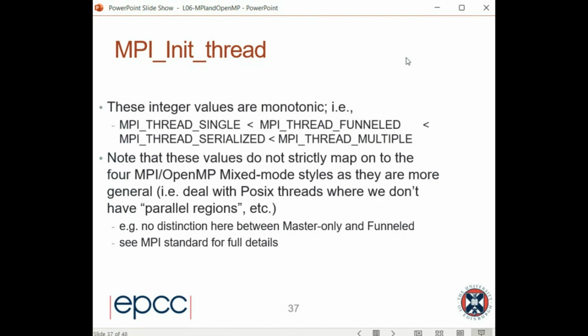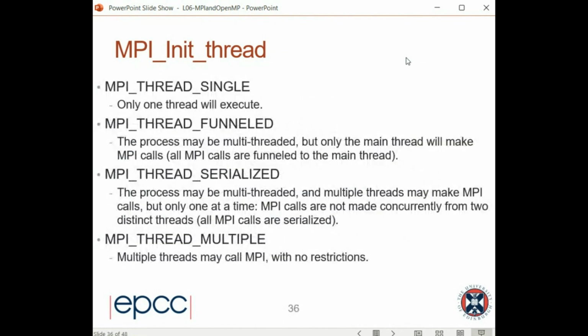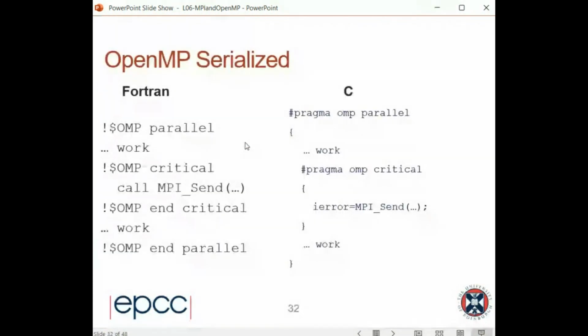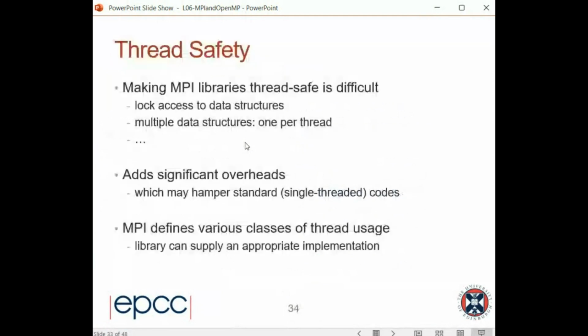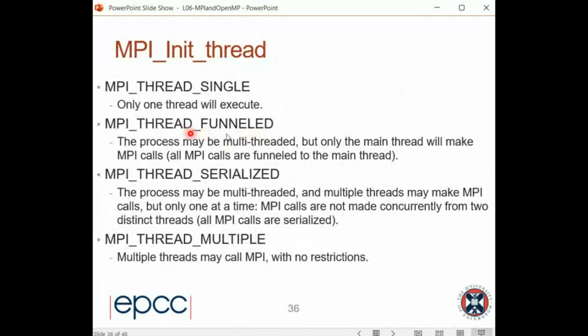Okay, so these don't actually map directly onto the 4 MPI OpenMP styles, because they're actually more general. As I said, MPI is designed to work with threaded codes, which could be POSIX threads. We're using OpenMP, so there's not a one-to-one correspondence. So for example, there's no difference between master only and funneled in this thing. We identified 4 threading styles, which are master only, funneled, serialized, and multiple. But in MPI speak, they both map to funneled. Okay, that's because only the main thread will call